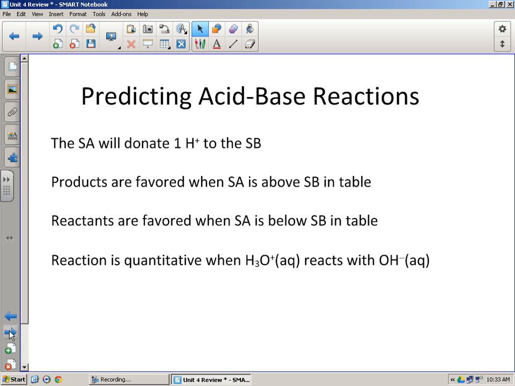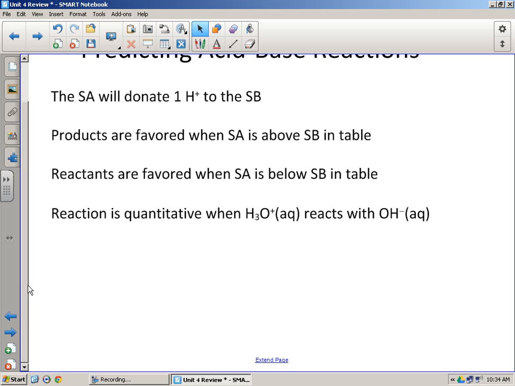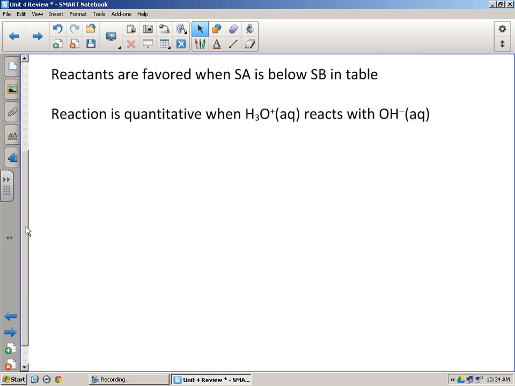Predicting acid-base reactions. Remember, the strongest acid donates an H+ to the strongest base. Products are favored when the strongest acid is above the strongest base in the table. Reactants are favored when the strongest acid is below the strongest base. And of course, the reaction is quantitative when H2O reacts with OH-. Or sometimes, in some cases, they'll tell you when it is in fact